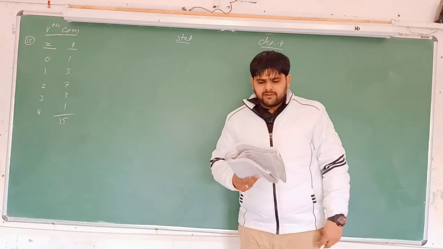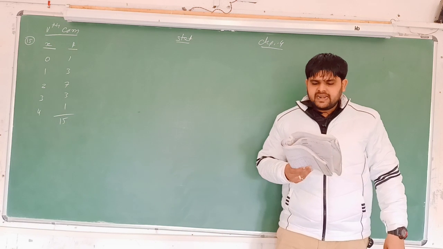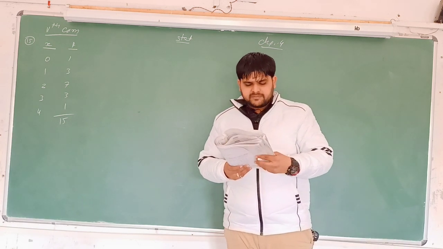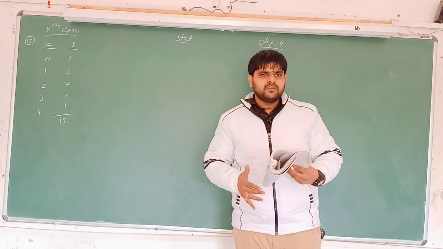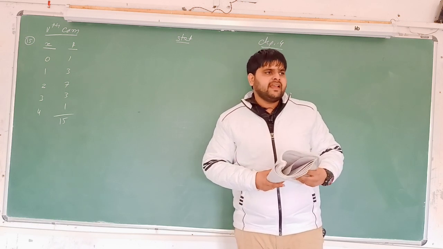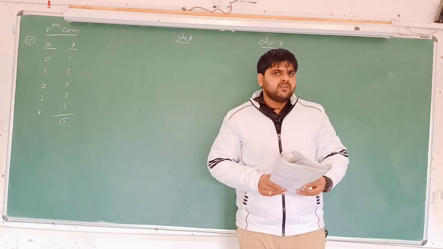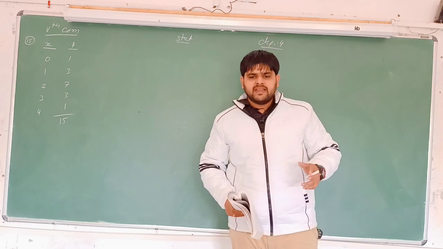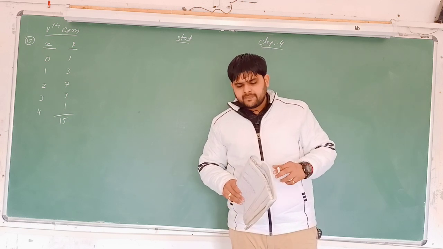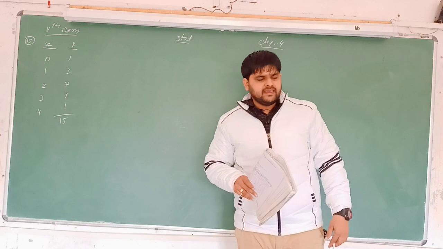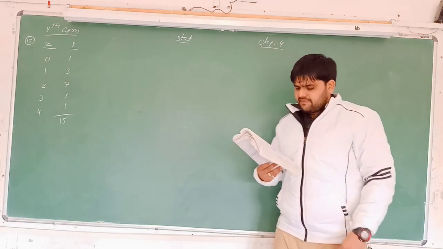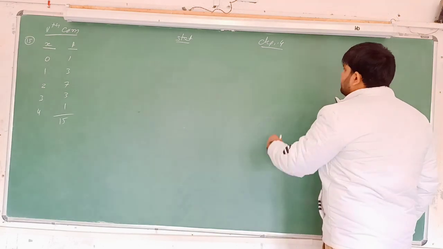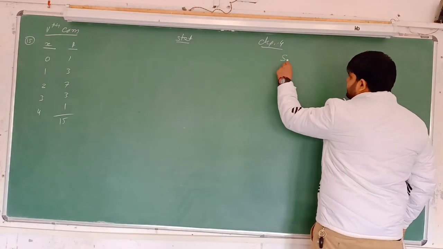Now what we have to find out? The standard deviation and the coefficient of standard deviation. So two things we have to find out. F and X both are given, so we use the normal method first, and thereafter find the same thing with the shortcut method. Let us see. First of all, the standard deviation, that is S. What is the formula of S?